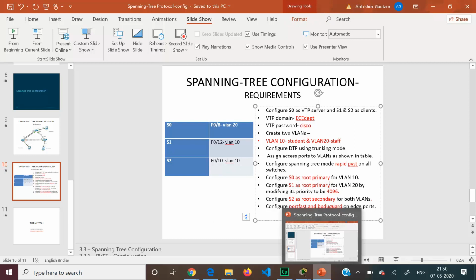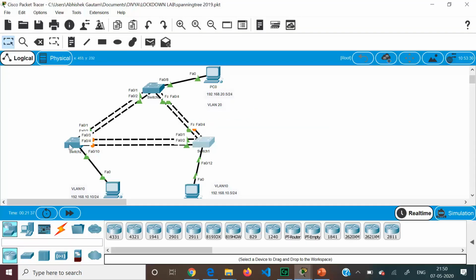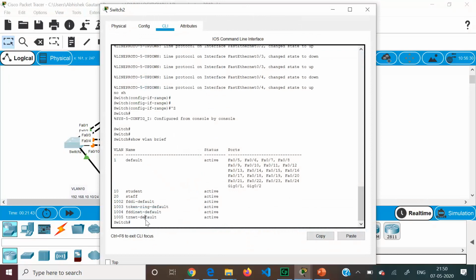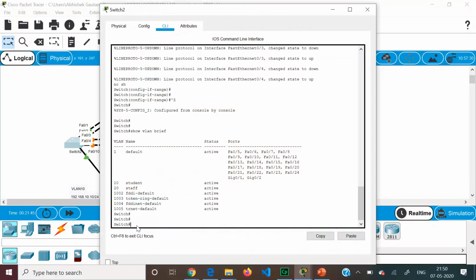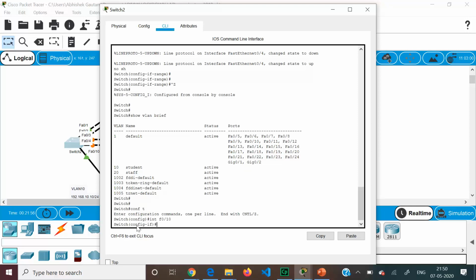Alright, let us go back to our configuration. So here switch 2, F0/10 should belong to VLAN 10. Remember, the edge ports, which are connected to the end devices, here in this case F0/10, should always be in access mode.